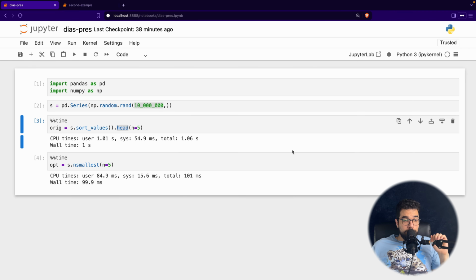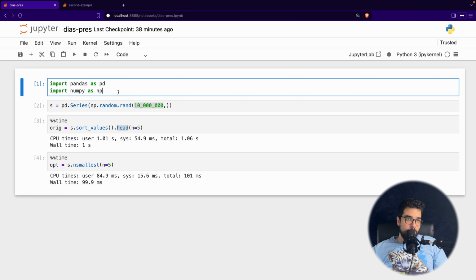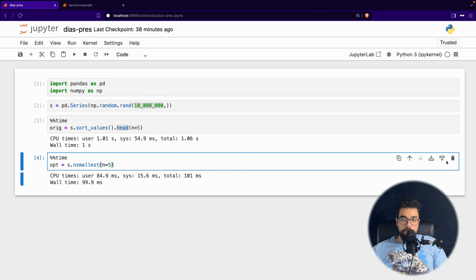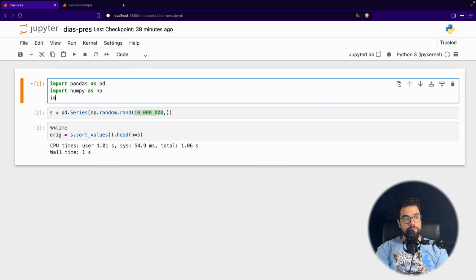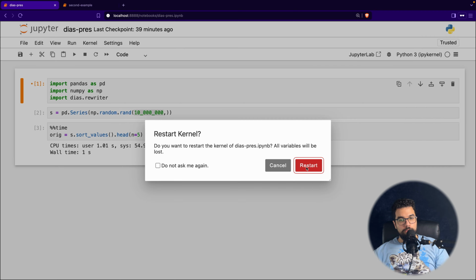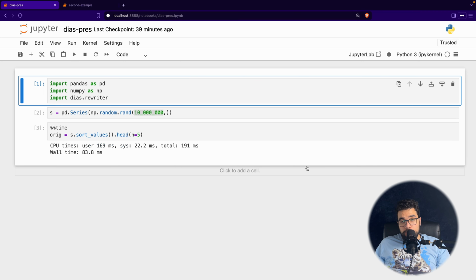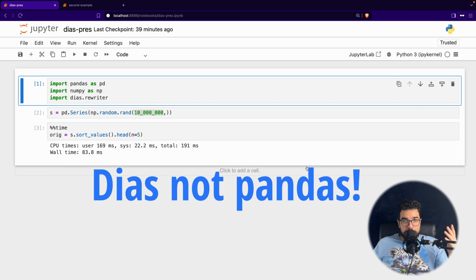So let's come back to the example we saw earlier. And what I'm going to do now is delete the optimized version. I'm just going to leave the original version there. And I'm going to simply import DAS. So now I rerun my code. And we can see now that the original version runs in about 83.8 milliseconds, which is even faster than the optimized version we saw before, and of course faster than the original version,